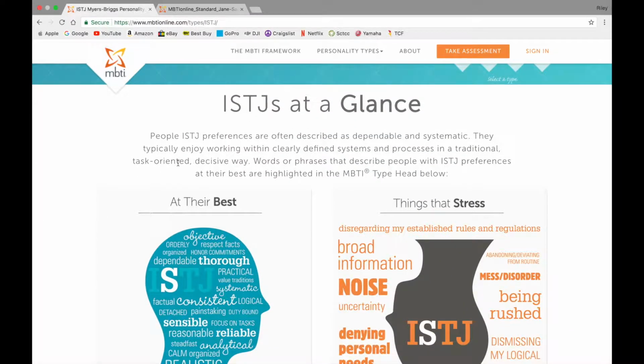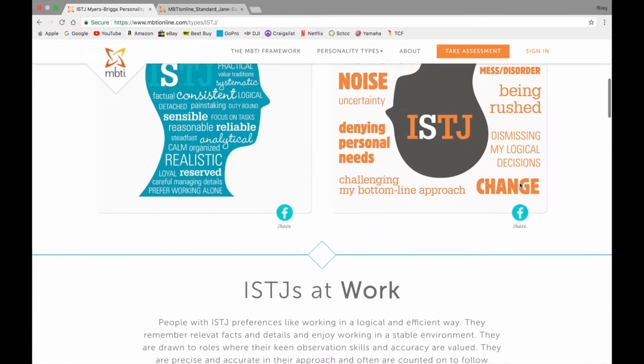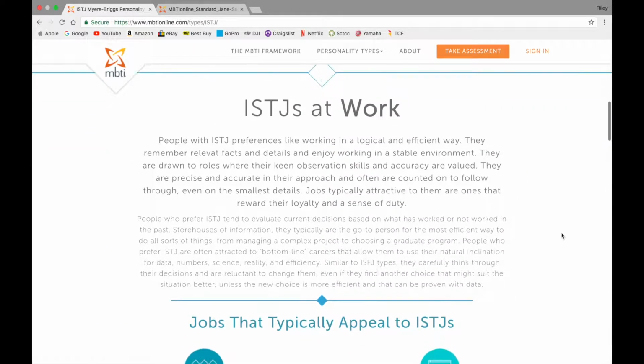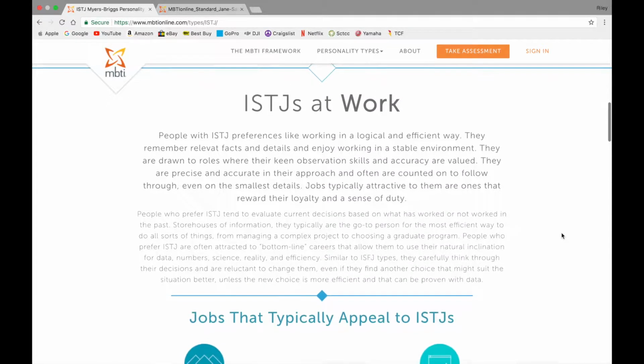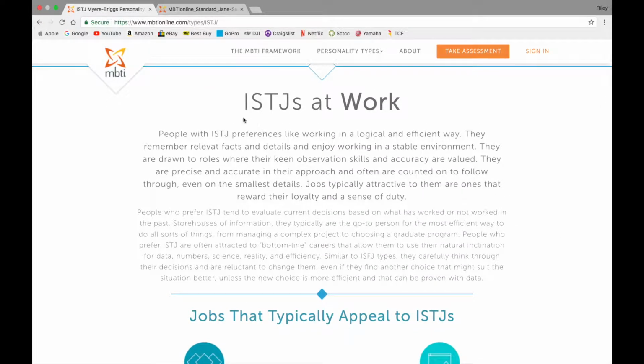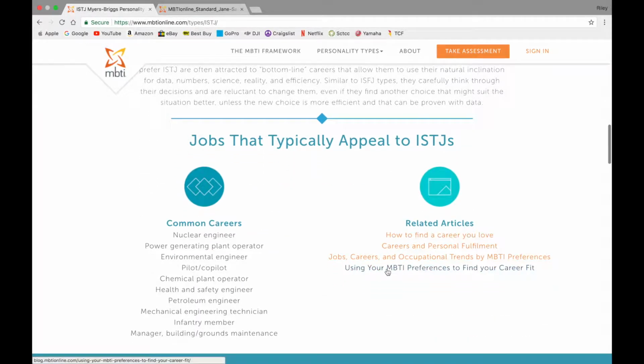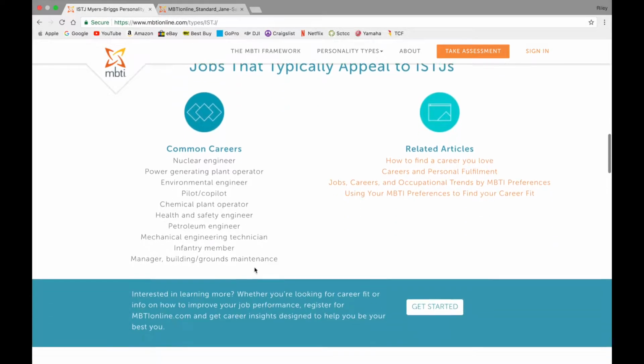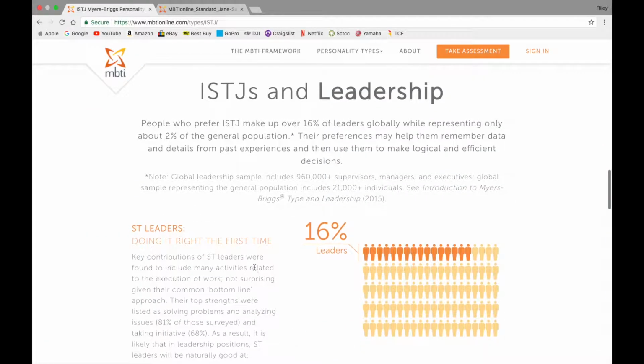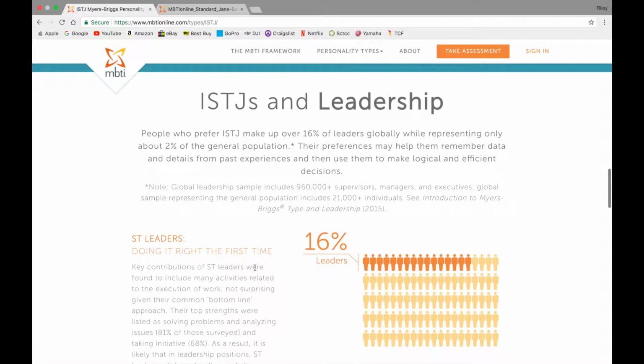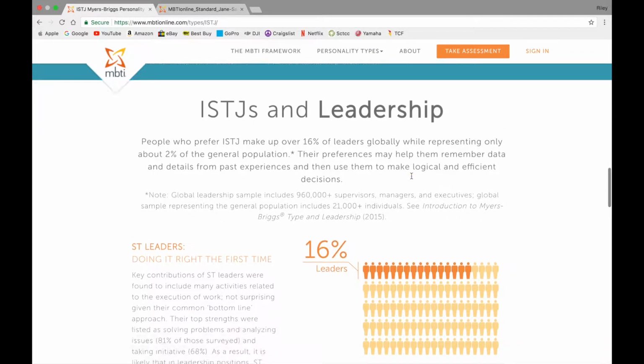This would show me a little bit of background. Another important part for helping you pick a major is ISTJs at work. And then jobs that typically appeal, which is important to look at. Then that personality type and leadership,